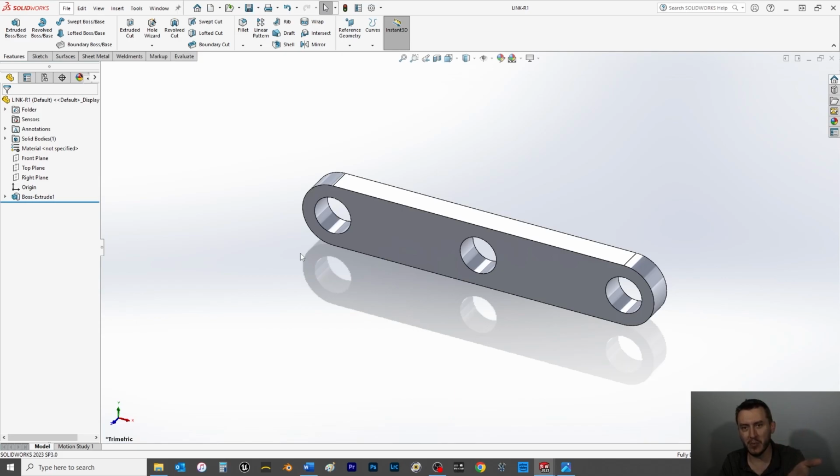Remember, save the part at the beginning, and in this case, save it as link. Save all these parts for this assembly in the same area. It's going to make things easier when pulling them into the assembly. You'll see that in either next Wednesday's video or the video after that. So once we've saved it,